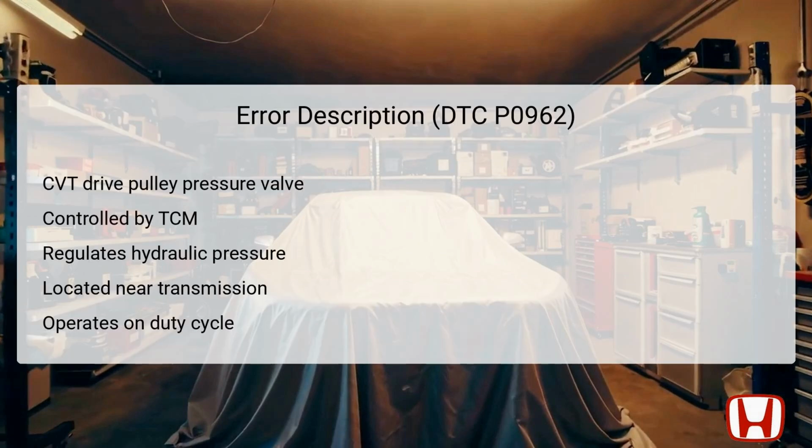The CVT drive pulley pressure control valve is a significant component located near the transmission housing. Its main role is to manage hydraulic pressure applied to the drive pulley, which in turn affects the transmission's performance. The valve operates based on signals from the Transmission Control Module, TCM, using a method known as duty cycle output. This means that the TCM adjusts the electrical current to the valve according to the driving conditions, producing the necessary